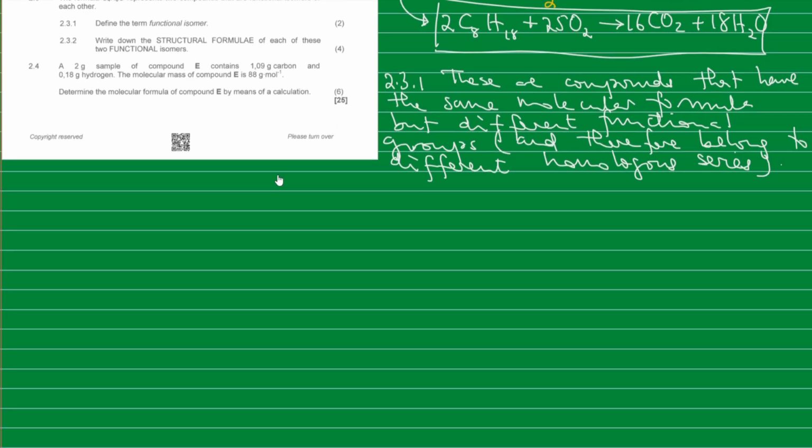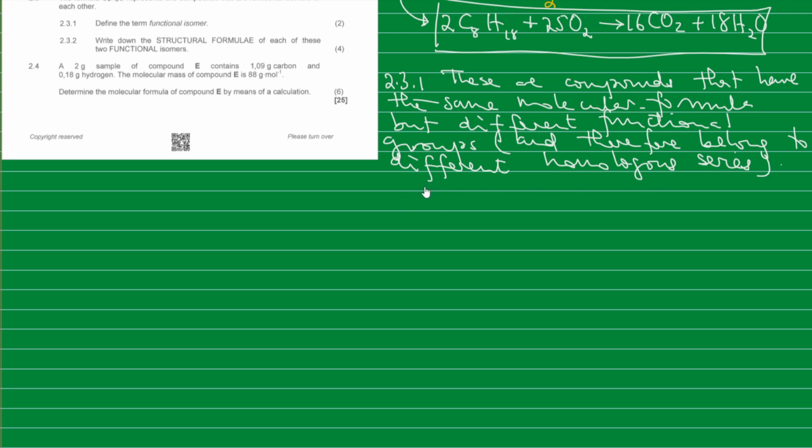So I've written here that functional isomers, these are compounds. Usually we are comparing two, so that's why you say in plural here. These are compounds that have got the same molecular formula but different functional groups, and therefore belong to different homologous